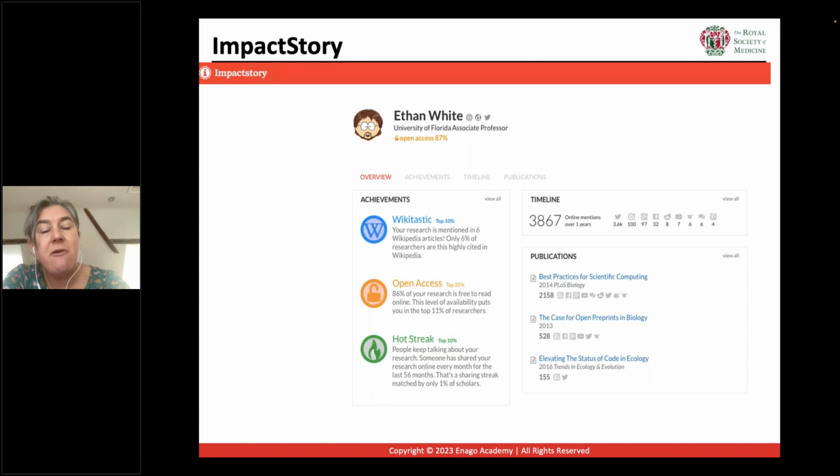So you've got an idea of where your activity sits within the community. And then you've got the timeline on the right, which just summarises the number of online mentions or the likes that your works have received in the past year. And again, it's broken down by network. I don't know if you can see, but there are little icons showing Twitter, LinkedIn, WordPress, and so forth.